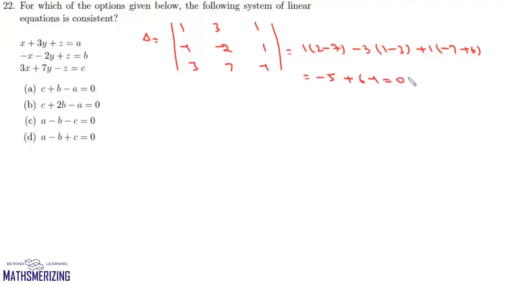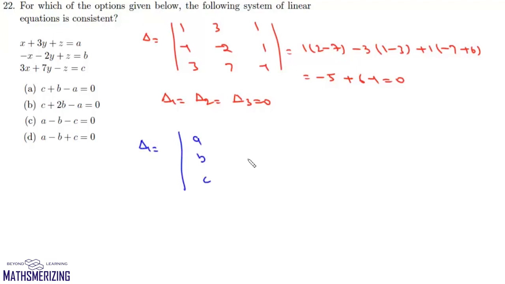Now when delta is 0, that means this system of equations will have either infinitely many solutions or no solution. Now if it has infinitely many solutions, then delta 1 must be equal to delta 2, it must be equal to delta 3, and it must be equal to 0. Now if we find delta 1, we'll get delta 1 as